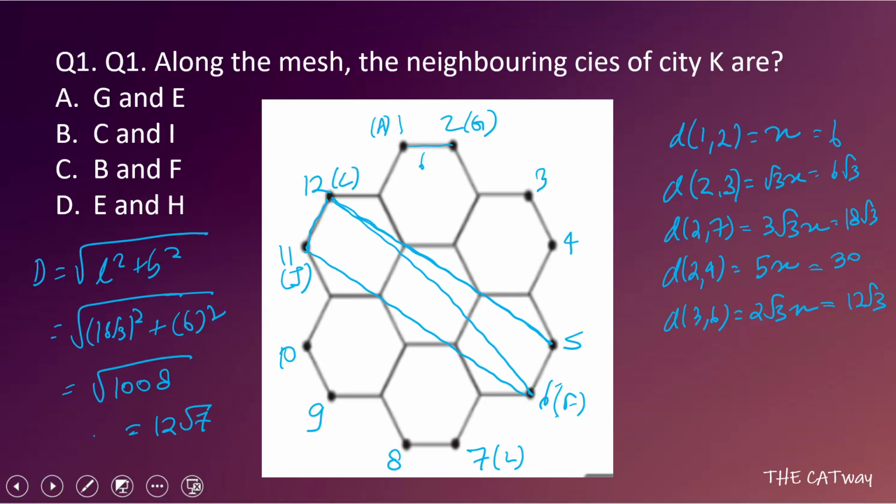Now the distance between C and D is given as 12 root 3. What is 12 root 3? 12 root 3 is 3 to 6. So for here it would be 12 to 9. So for 9 we have D. Okay, so I hope this much is clear. Let's remove this.